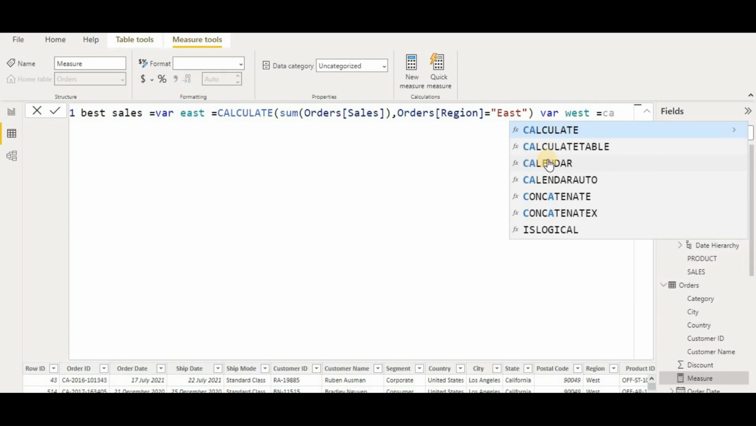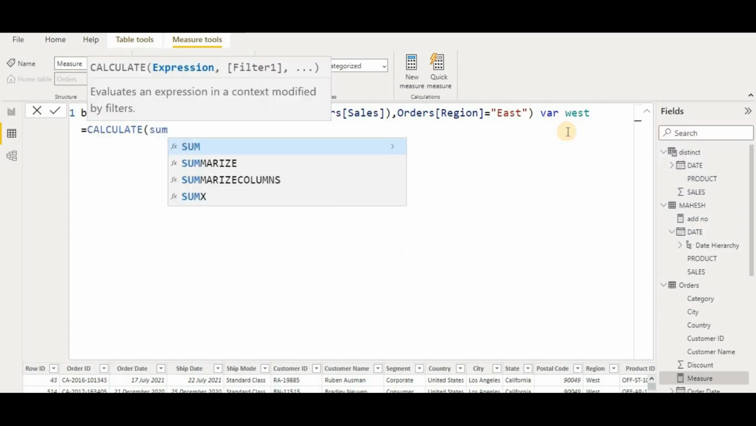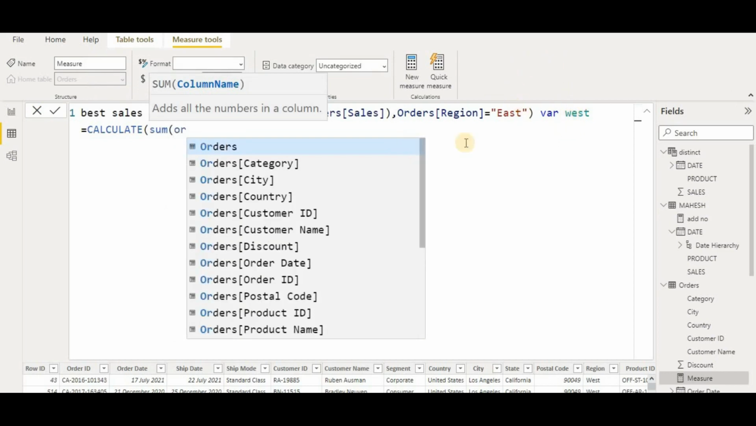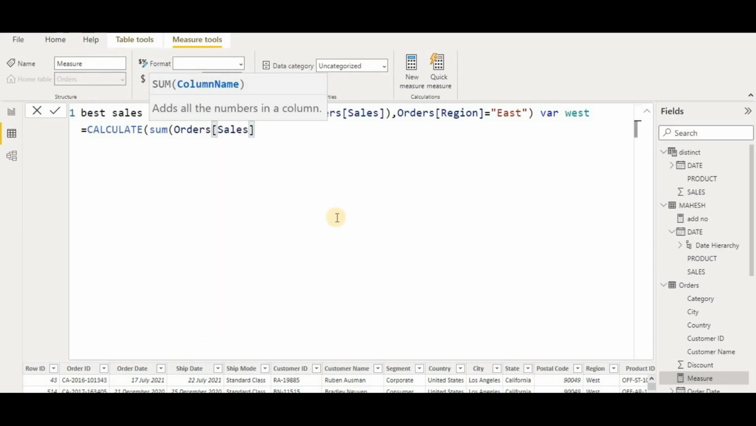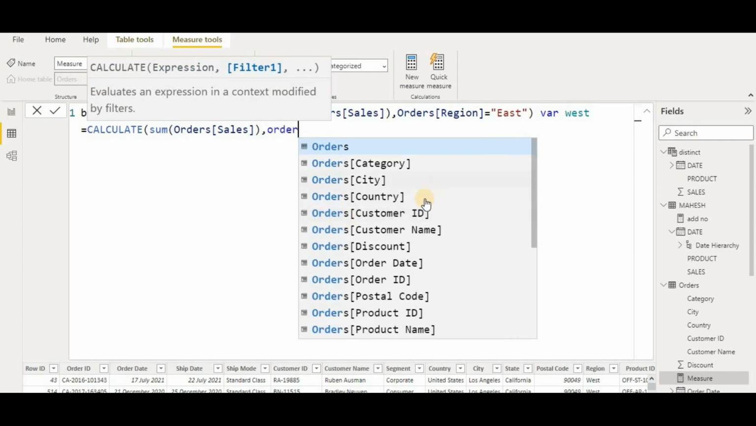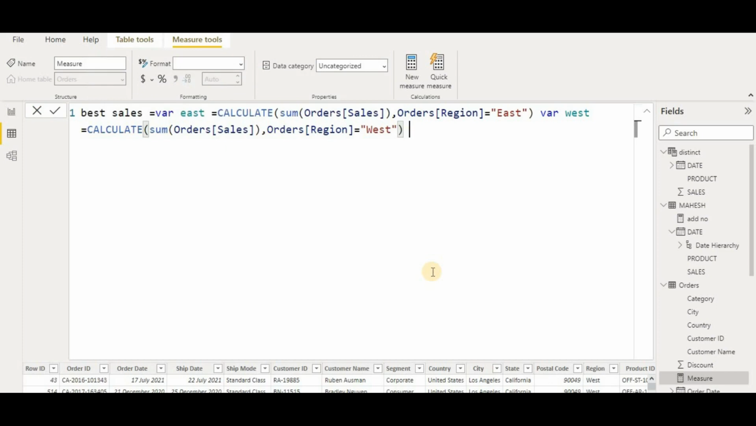equal to calculate, and then I will give sum, bracket open, then I will give order sales here, again the same thing, close this, and then I will give order region equal to west. In that case, if the order region is west, what will be the result here? So I will give a return,